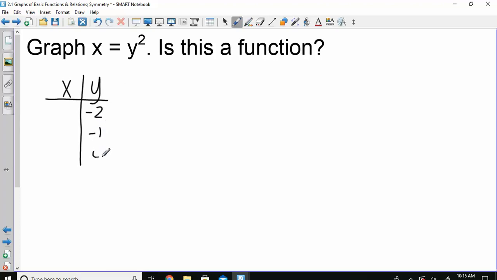Let's just go directly to our t-chart. That would be faster. So let's just plug in numbers for the y. Let's do some negatives, some positives, see what we get out. So if you put in a negative 2, then x is y squared, so negative 2 squared is 4. If we put in a negative 1, we get out... If we put in 0, 1, 2,